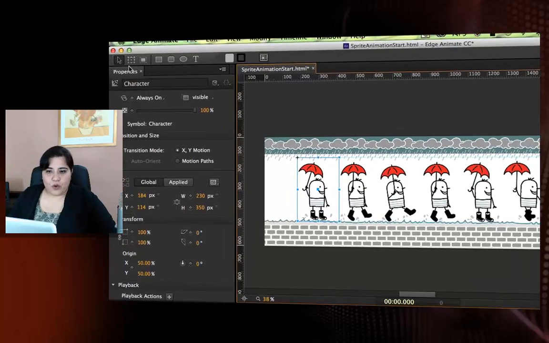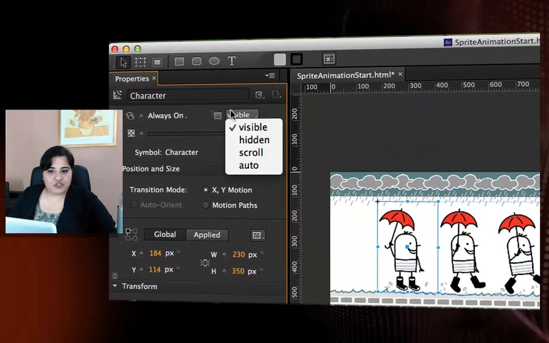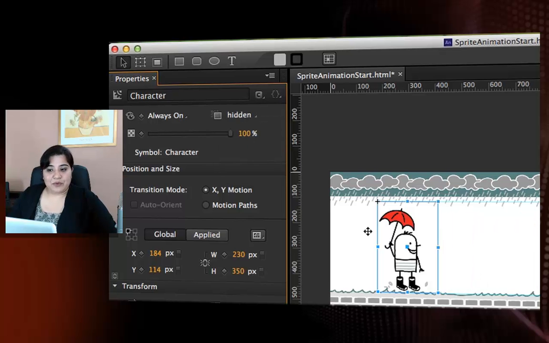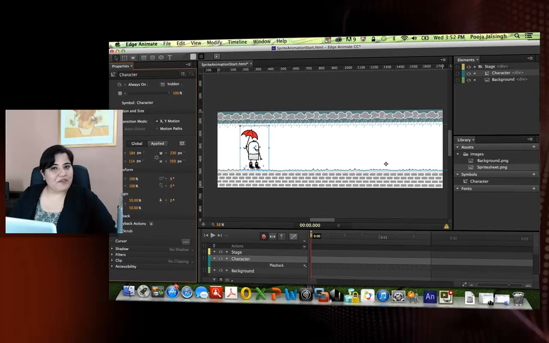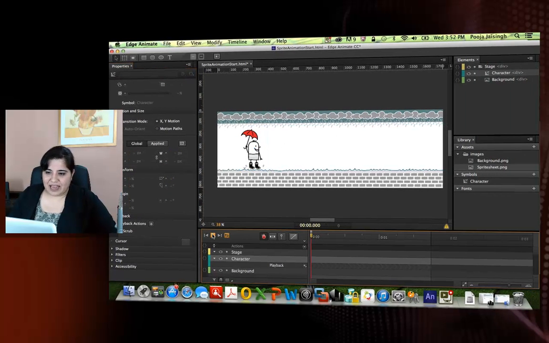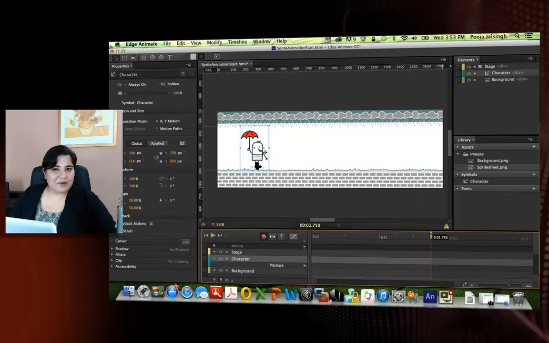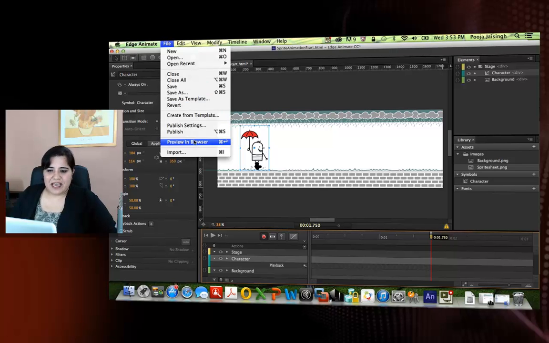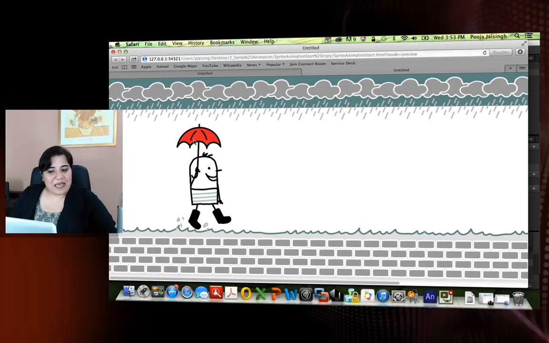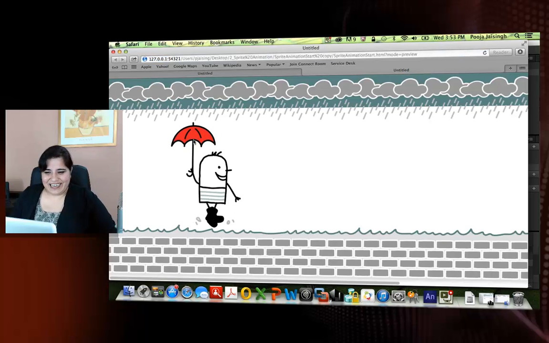Now to disable this overflow, what you have to do is change the visible state here to hidden. As soon as you change it to hidden, the overflow hides. And now when you play the animation on stage, you can see that the character starts walking. Here you can't see the loop. You can see the loop in the browser. So let's preview this part in the browser, and then we will make him walk from one end to another.